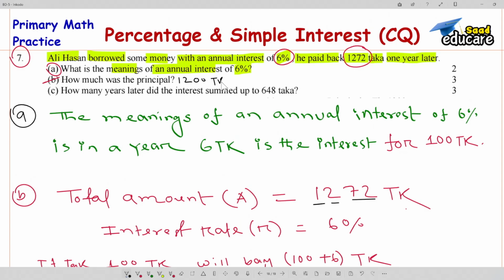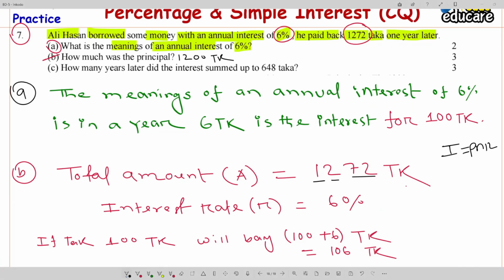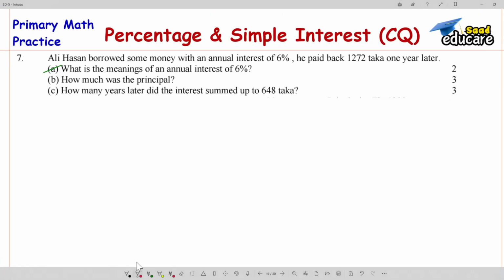I hope this is clear, but we will try to solve this one by another method. The general method is what we completed, and if we follow the rule, I equals P n R, we can also find the value. How? Let's start. The same math we can also solve this way. This is the second method. For number B, it is mentioned the interest rate,